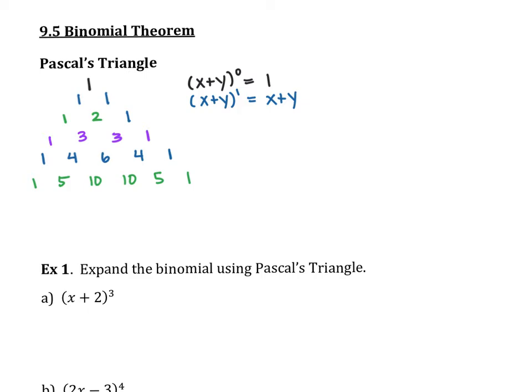Now when I go one more row down, I get x plus y squared. If I actually multiplied it out, I would get x squared plus 2xy plus y squared. If I look at Pascal's triangle, the coefficients should be 1, 2, and 1. This is 1, 2, 1. So it doesn't tell you anything about the exponents or the variables, but it does tell you what the coefficients will be. Let me go to x plus y to the third,